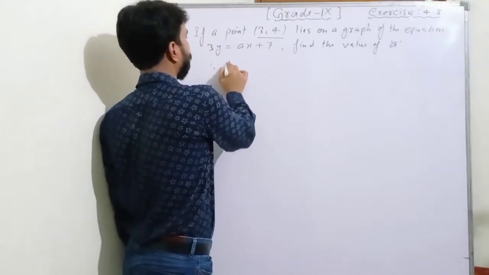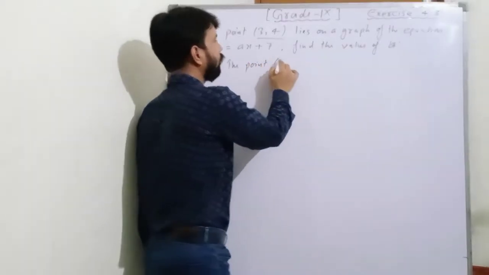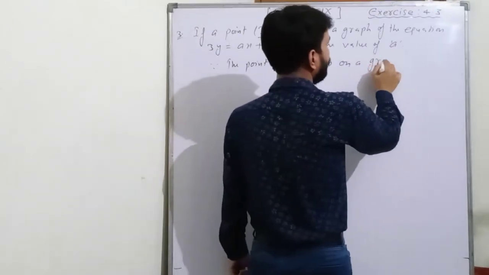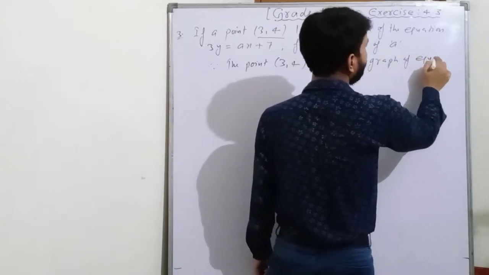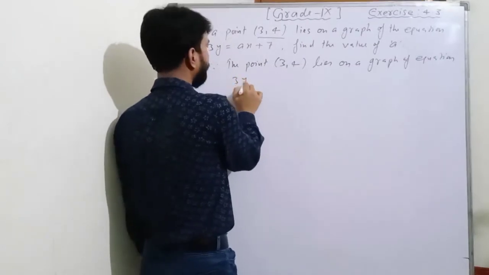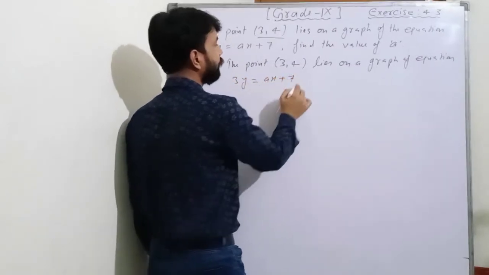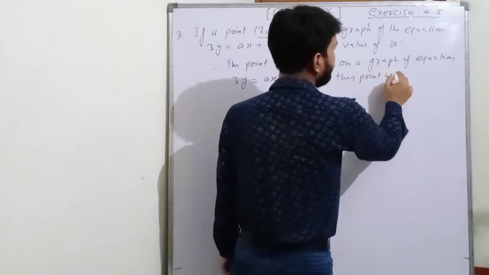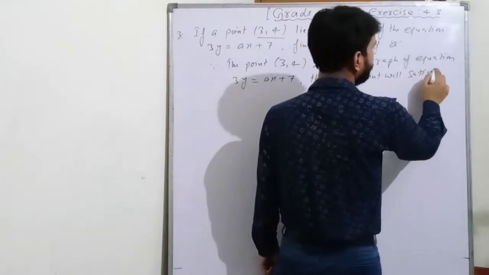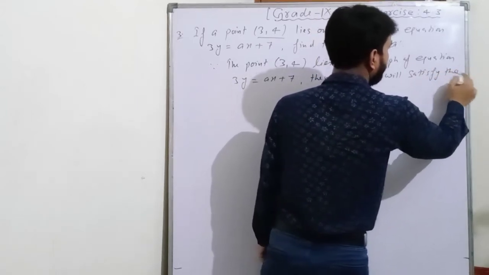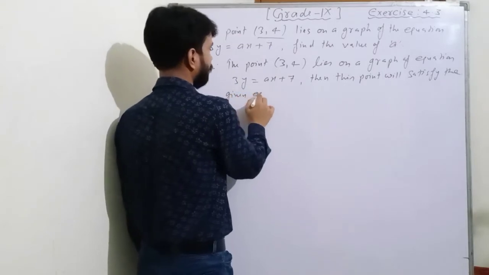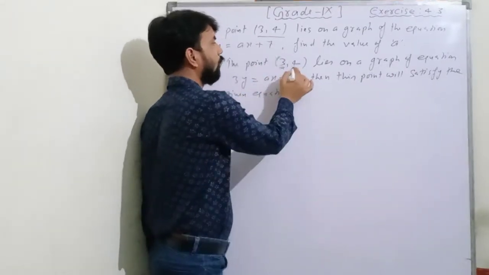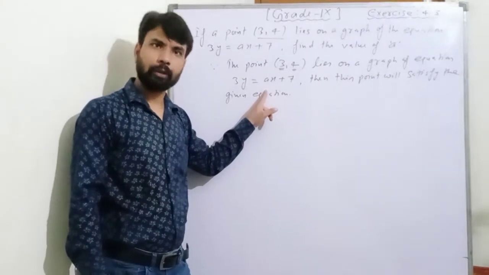Since the point 3,4 lies on a graph of equation 3y equal to ax plus 7, then this point will satisfy the given equation. और बेटा अगर ये सेटिस्फाई करेगा तो हम क्या करेंगे? x के प्लेस पर 3 और y के प्लेस पर 4 हम इस इक्वेशन में पुट करा देंगे. क्लियर? सो नाउ